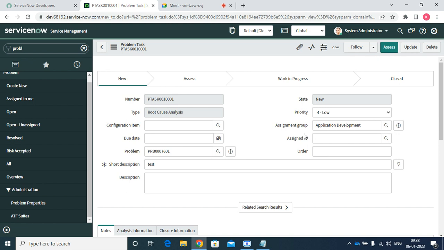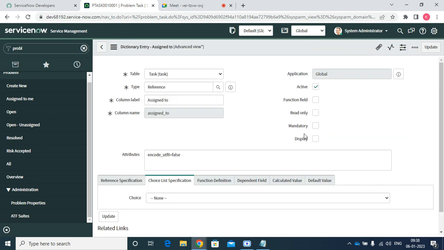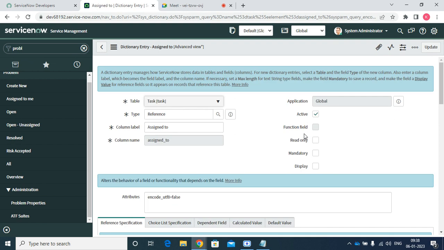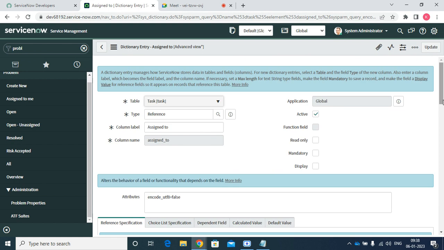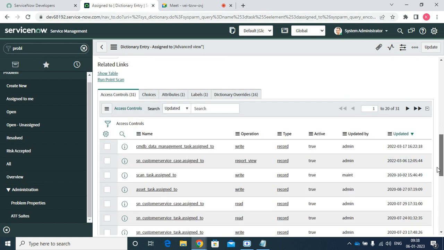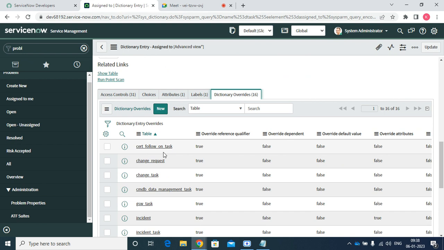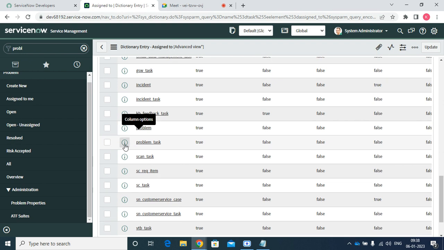This assignment-to field will come from the same thing here. So the dictionary override. The problem is problem underscore task. If I open this problem underscore task,